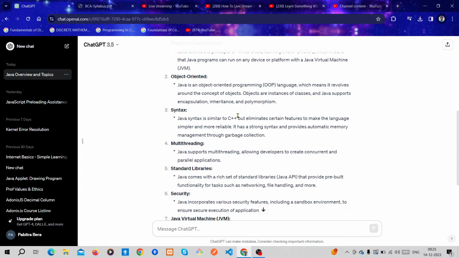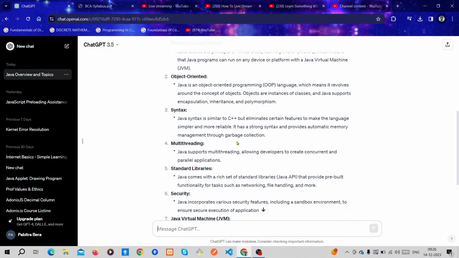These four pillars are the main pillars of object oriented programming in Java. In any kind of object oriented programming, these four pillars are the most important thing for that language. Java is an object oriented programming language.